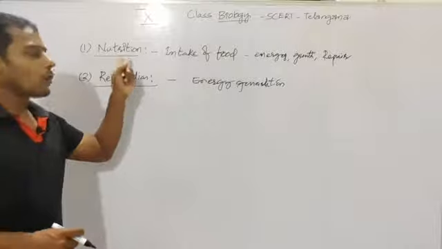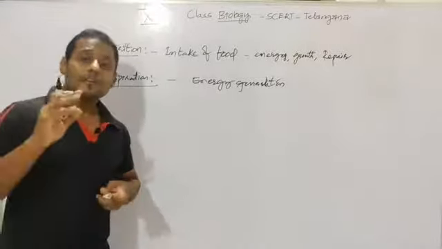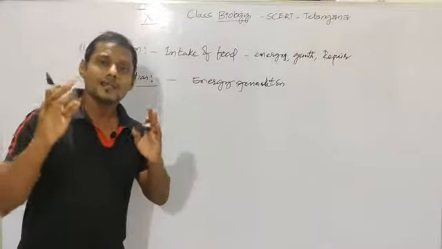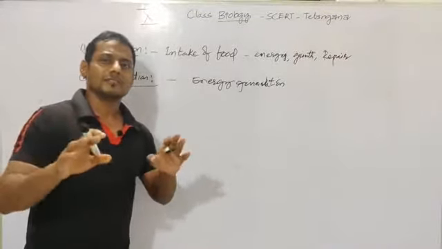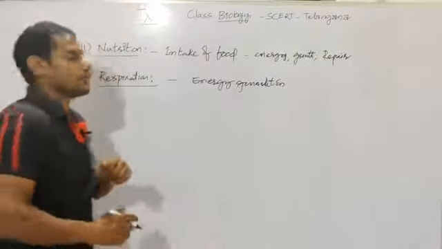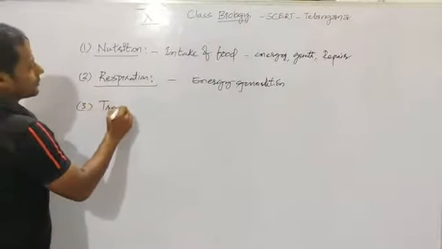So whatever vital activities we are going to see in every chapter, we are going to learn in human beings and some kinds of animals as well as in plants. That's it. There is nothing more than that in the biological science of the 10th class syllabus, right? So next let us see the third, transportation.